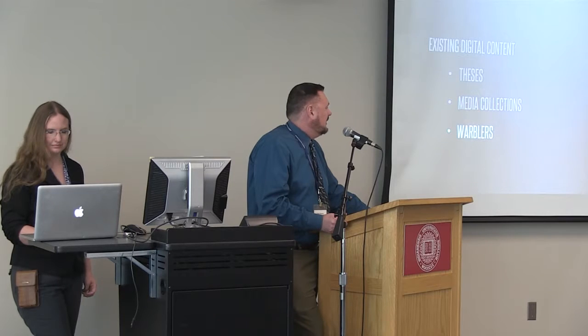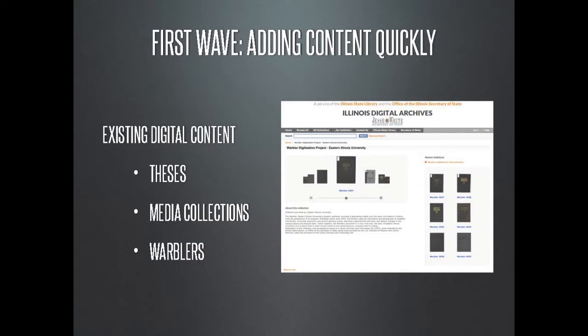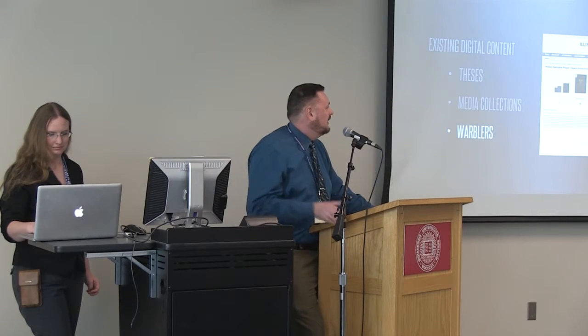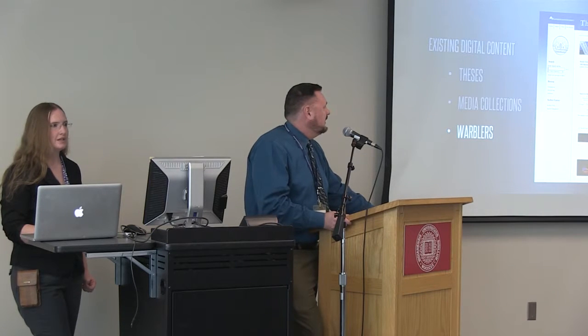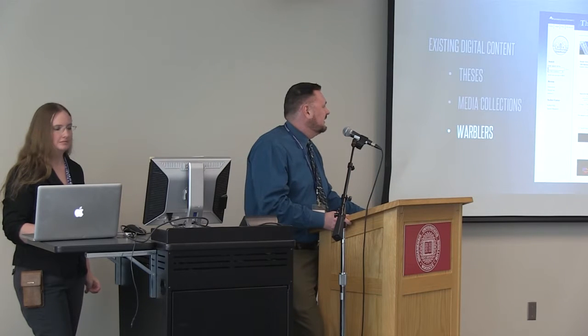And the third area was we had gotten a grant from the Illinois Digital Archives to digitize the first 10 years of the Warbler, which is our yearbook for campus. This was an existing digital collection that we were able to pull in, and then using the scanning center, we scanned the other Warblers and we put them into the Keep as well. So now we have the entire run of the yearbook in our repository. So that's the three areas of existing digital content that I pulled in right away to get content into the